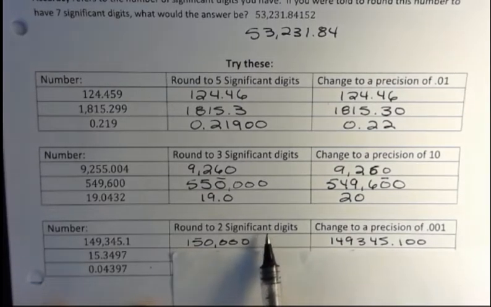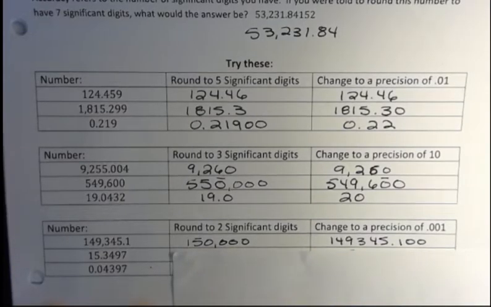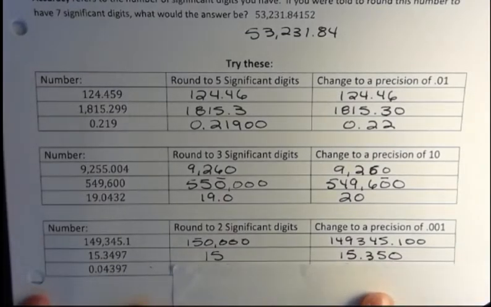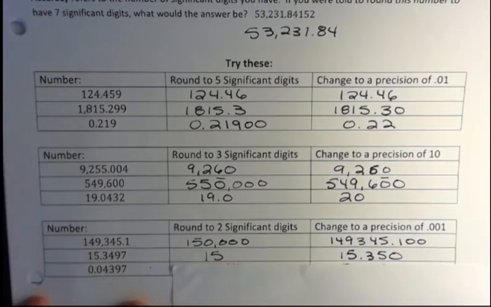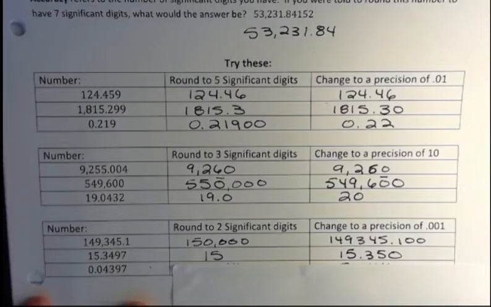Round to 2 significant digits here, we're going to go to 15 and then drop everything else. To change to a precision of 1,000ths, we're going to go right here, we're going to round up, and we're going to have 15.350. If it's asking you to have a precision to the 3rd decimal place, you have to put a 0 there if nothing else is there to show that that's how precise you want it to be. And finally, for the last one,